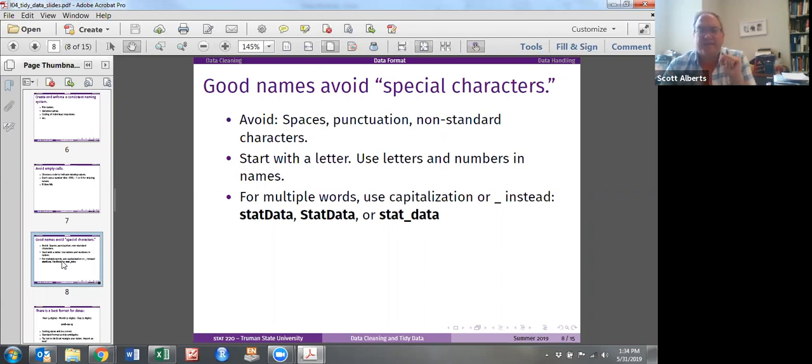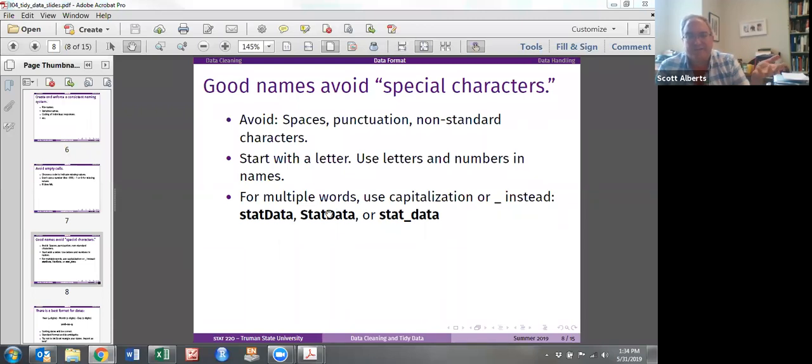But using weirder characters can actually do that. Even spaces can sometimes mess you up, or it requires you to use quotes around your data or that kind of thing. Lots of people like to use what we call camel case because it has humps on it, where you use capital letters a couple extra times. And that's a fine thing again, but you do have to watch out because sometimes